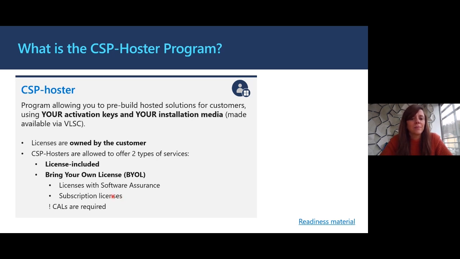Note that participation in the CSP-Hoster program is not a requirement to provide any of these 2 services, as we have just seen. So you can already welcome licenses on your own environment today if the customer has software assurance and subscription licenses. So the real advantage of becoming a CSP-Hoster is actually about the ability to pre-build solutions using your own CSP